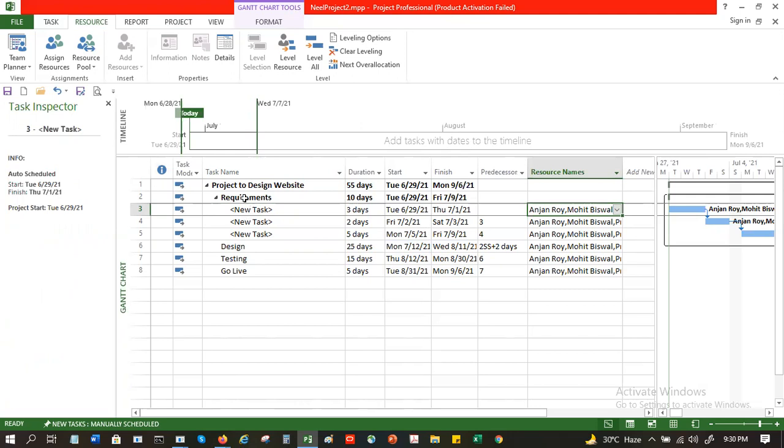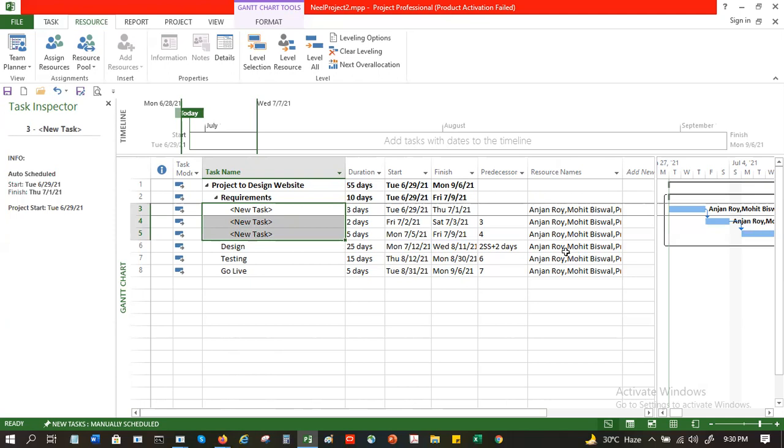What was happening? He is assigned to the parent as well as to the child, which obviously is over allocated. But otherwise, since they are all in serial, one after another, there is no over allocation. But then, sir, you have removed it from the parent, right? Correct, I removed it from the parent. So it was becoming a double allocation, keeping him in the parent as well as in the child. Exactly. So if you give it in the parent, don't give it in the child. Or you can reduce the percentage also.